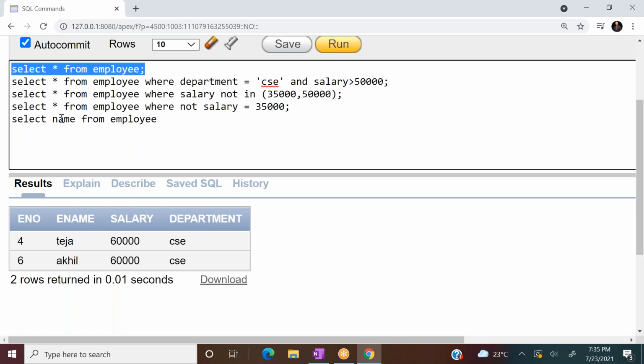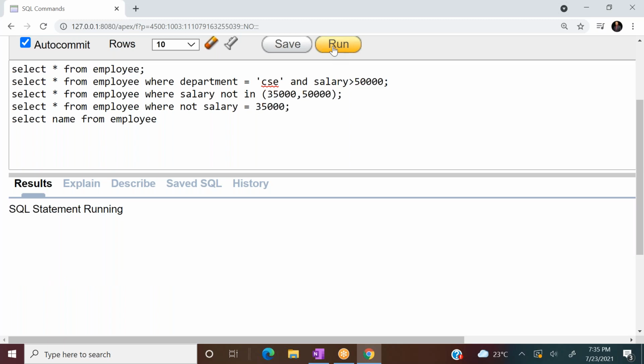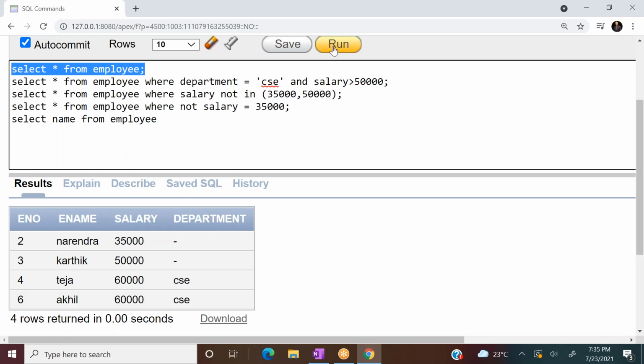Assume, look at this table first. This table has 35, 50, 60, 60. Suppose I say find those employees whose salary is above 50 and below 60. Then in such a case, we can write a query like this, where salary above 50 below 60 means between 50 and 60.